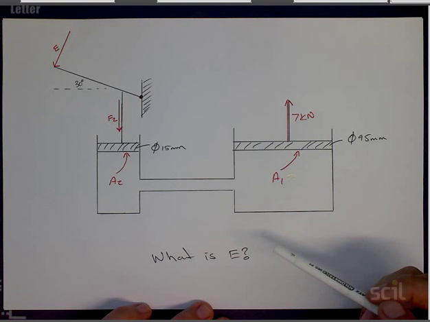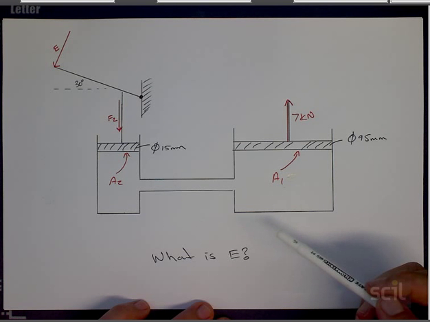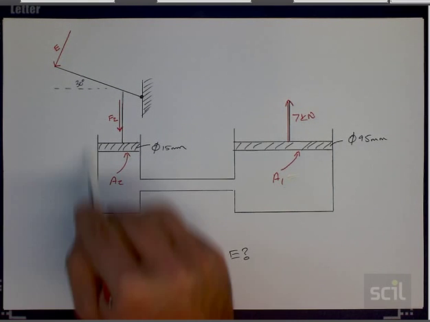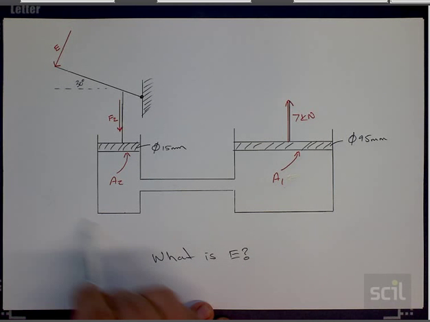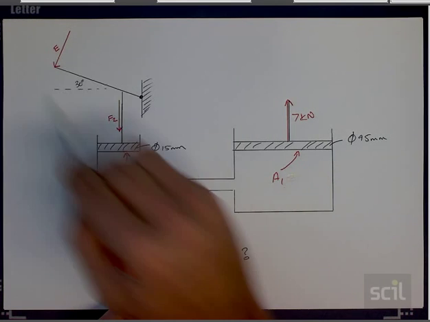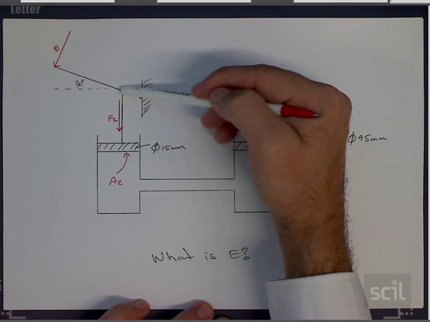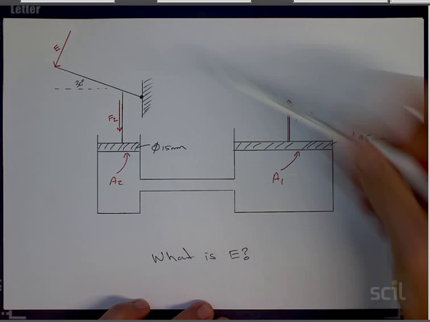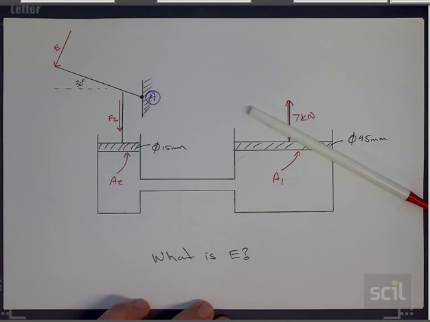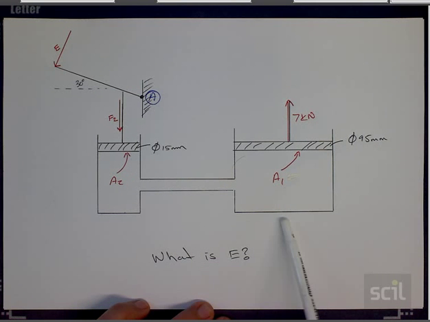And so what I've been explaining to you in class is that if you get this problem, you need to recognize that there's two problems here. One, which is a hydraulic problem, force 1 over area 1 equals force 2 over area 2. And the second is a moments problem, which is this piece over here where there's a force being transferred around a moment arm. And I'm actually going to label that moment arm point A. So in this diagram there are two problems. Now I'm going to be focusing on the moment arm part of the problem because the hydraulic system's pretty easy,